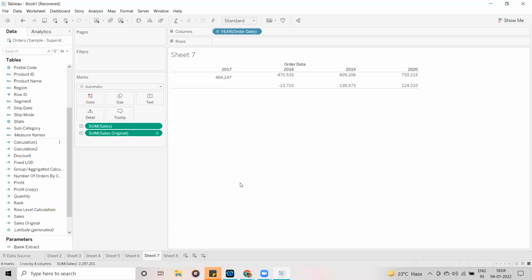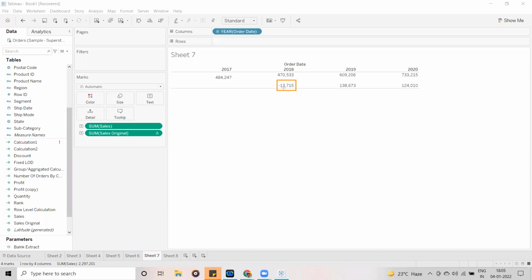What is going to happen is you are not going to get the compute using option. We have seen the compute using option whenever we select percentage or rank. In this case, whenever you find the difference, you are not going to get compute using; you are going to get relative to. What does relative to mean? It means whatever difference amount you are getting, how the difference should be calculated, you select using the relative to option.